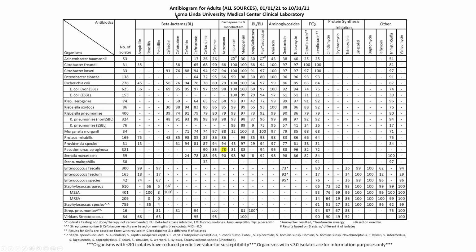So here's an example of the antibiogram from Loma Linda University Medical Center. So here you can see that each row is a different organism. So for example, the first line of organisms is Acinetobacter baumannii. And then in the second column, they're showing you the number of isolates. So isolate means, pretty much, how many times this organism was growing inside the